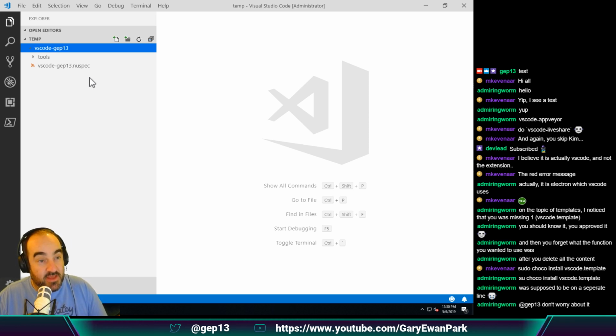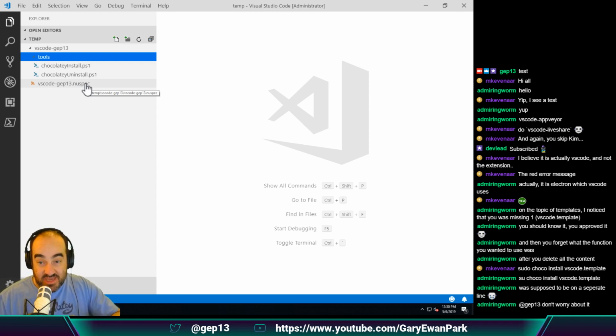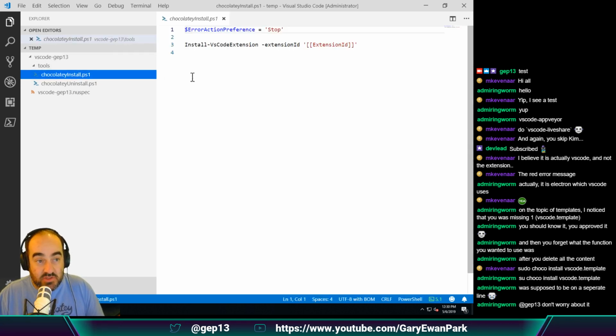Okay, moving on. So what's been scaffolded out for us this time with the Choco new command is the contents of Kim's VS Code template package. So rather than having a before modify, a readme, verification, license.txt, all he's got in here is the specific things that are needed for installing a VS Code extension. So if we look at the Chocolatey install.ps1 file, then it has limited itself to